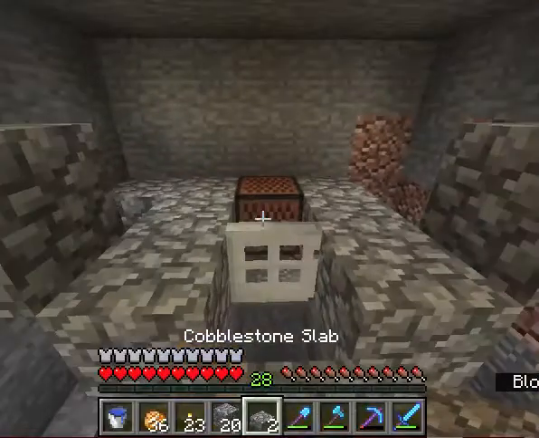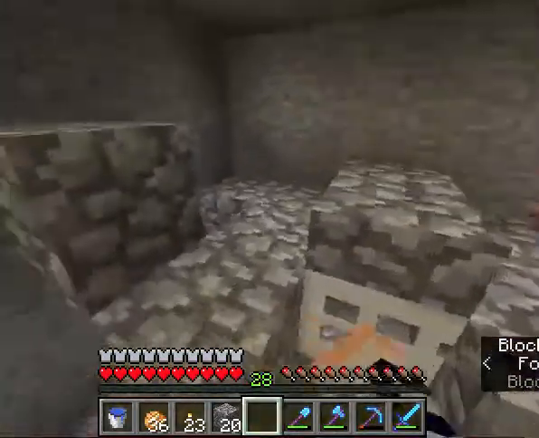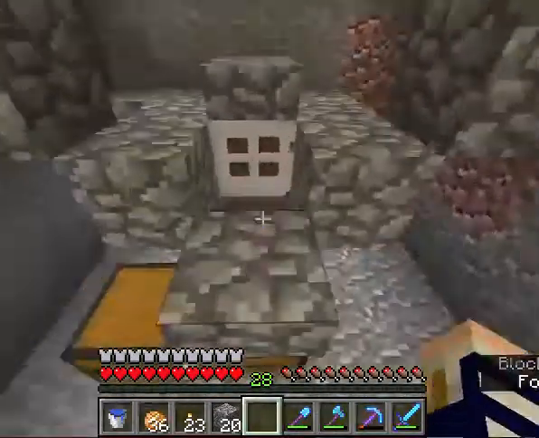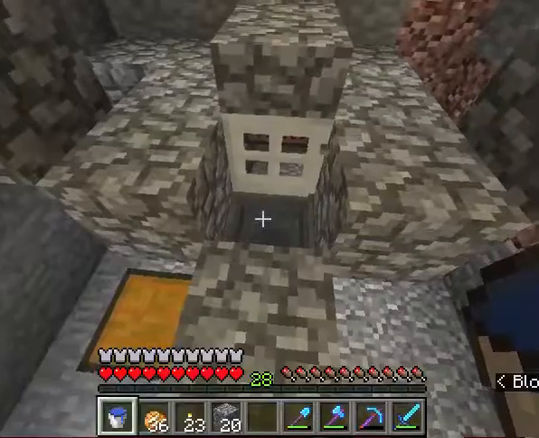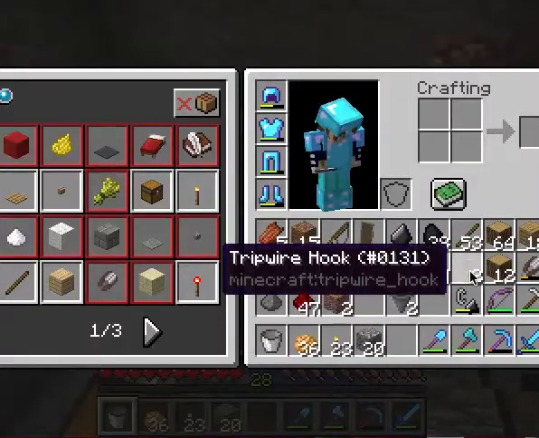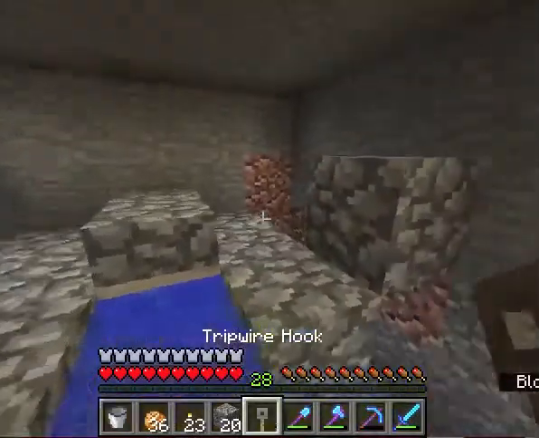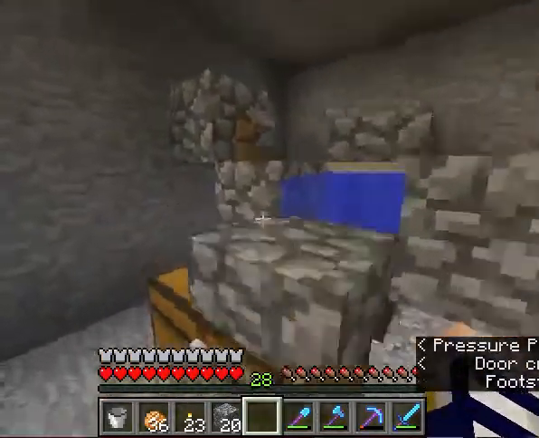Then take 2 more slabs, put one on top of the hopper and then one here, just to protect the overall thing a little bit more. Also, one material I forgot to mention is the water bucket, because you have to put water in here for the farm to work. Tripwire hooks, put your tripwire hooks on these sides here, so that you get these